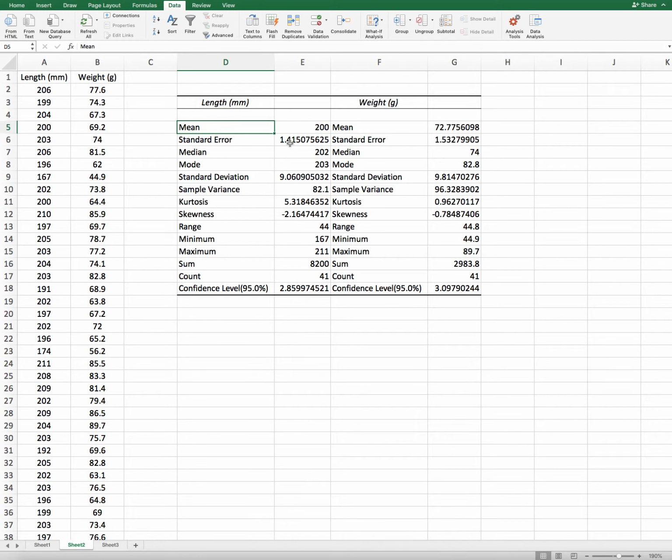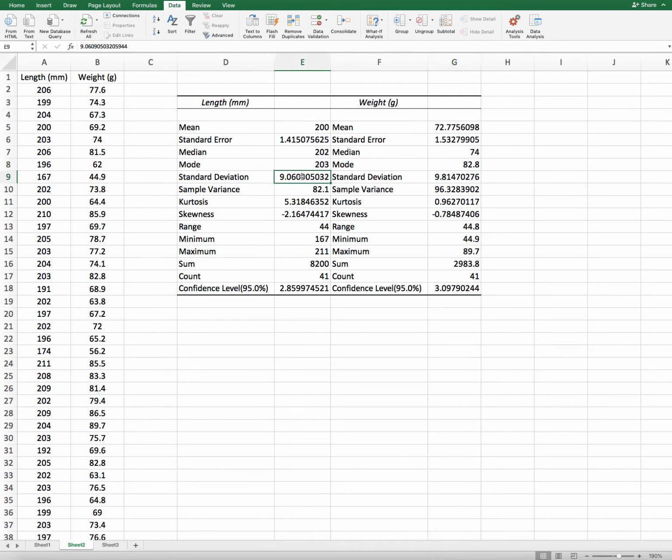Standard error shows how much error there is. Median we have already discussed. Mode is how many times a value is repeated. Here 203 is a repeated value, so that's why it is in the mode. Both length and weight have modes, which means these data are repeated. 82.8 is also repeated in the weight of this particular fish.